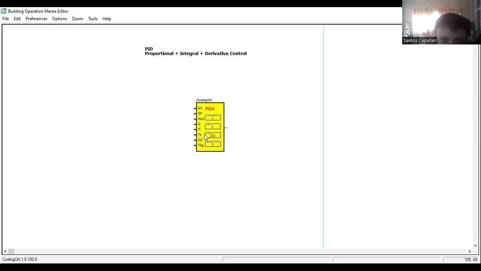Now, the TD is the derivative control, then dead zone, then tracking signal. Actually, I will just give you the basic configuration of this for simple temperature control. If you are trying to control complicated or complex temperature control, then you need to use also the derivative part of the PID.